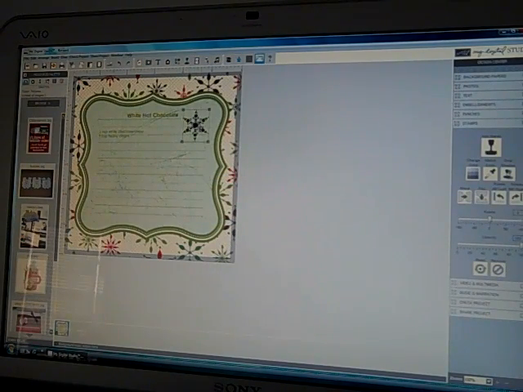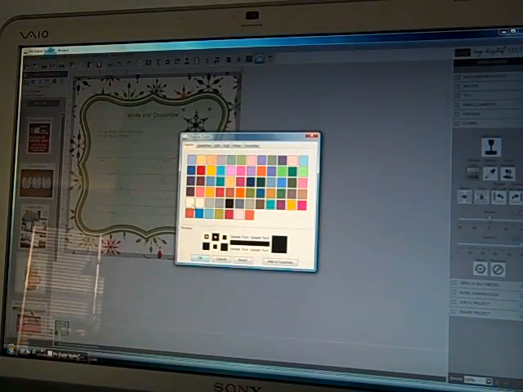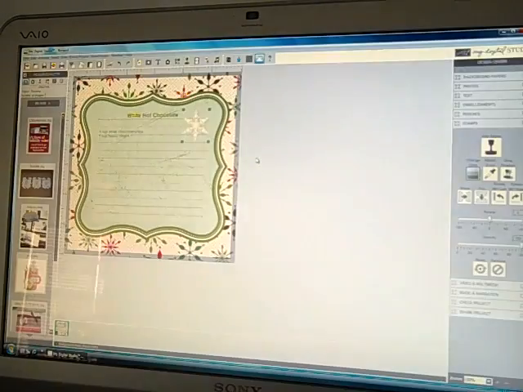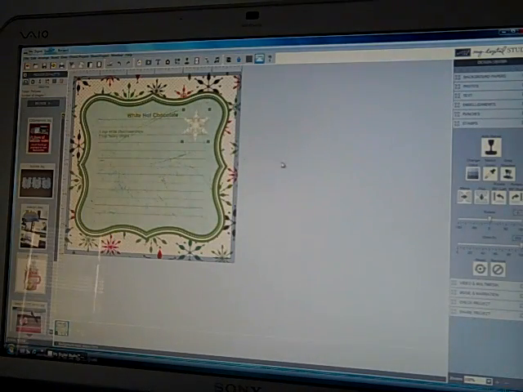Now, I don't like that color, so same thing, I'm just going to click on it, I'm going to go in, and I can change his color. And I'm going to bring that up. Now, that snowflake there kind of stands out, and I don't want it to stand out so much. So I'm going to go down here and change its opacity, which is the actual amount of light and darkness. And as you can see, by moving that, it just changes that for me. So there's so many things that you can do with this program,